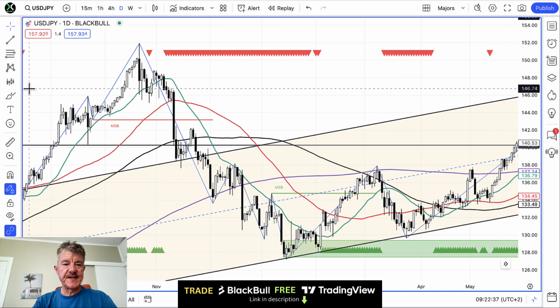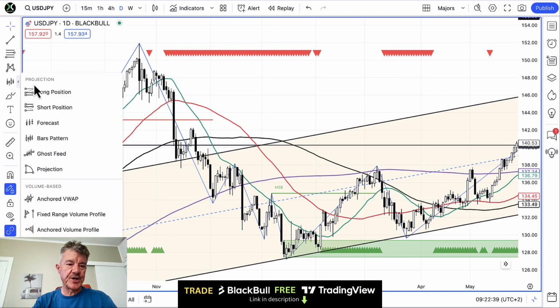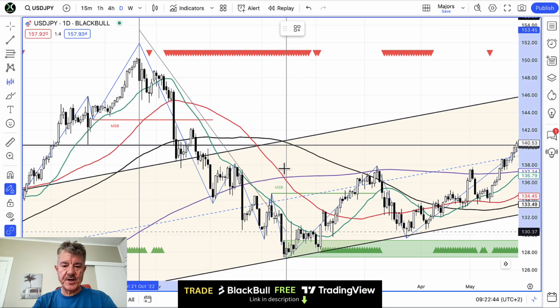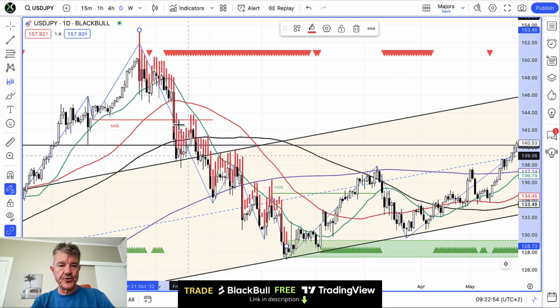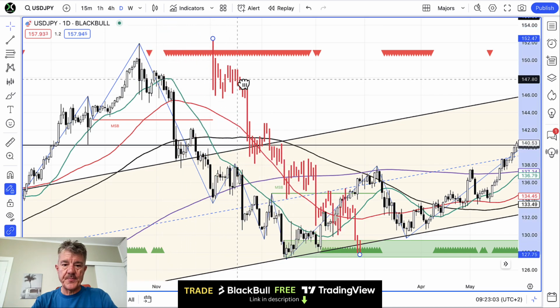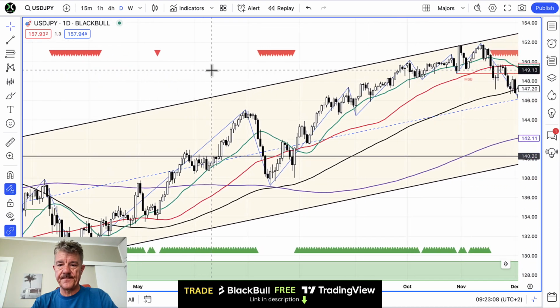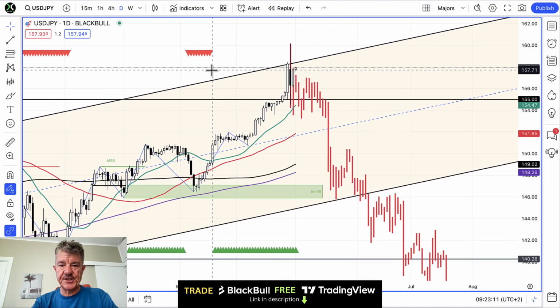You can do that by using the bars tool on TradingView, and I'll just show you quickly how I do that. So you choose the bar pattern, and I draw it from the top down to the bottom there, encapsulating that entire area, and you get this sort of pattern drawn in. Now, what I've done is I've just copied that and dragged it across to where we are today. Let's get rid of that and go across to where we are. And there's exactly the same fractal that I just drew in there.